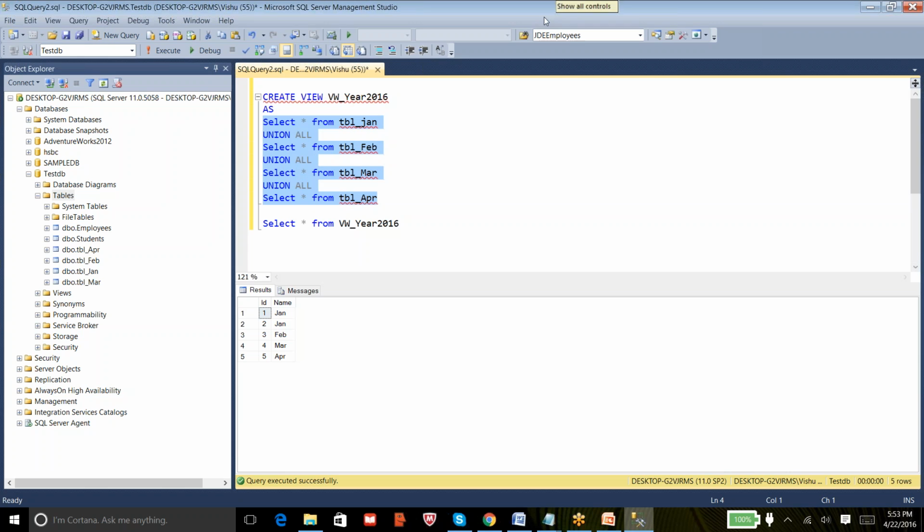So guys, did you understand what a view is and how it can be useful in real time? It is somewhere an interview question as well.